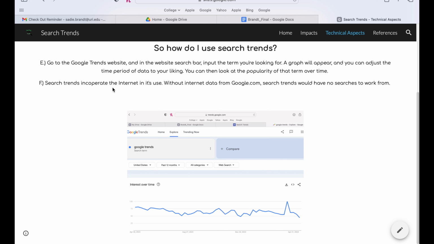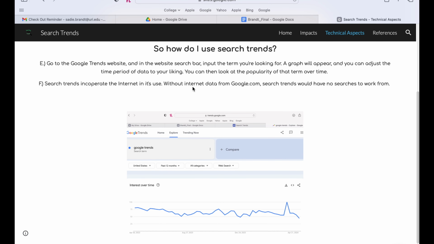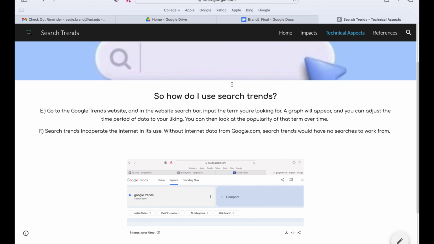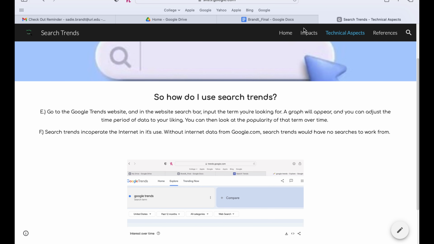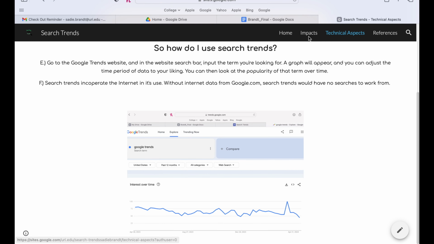And then search trends incorporate the internet in its use. Without internet from google.com and data, search trends would have no searches to work from, and there would be no database. So kind of running similarly from databases, if we go on back to impacts over here,